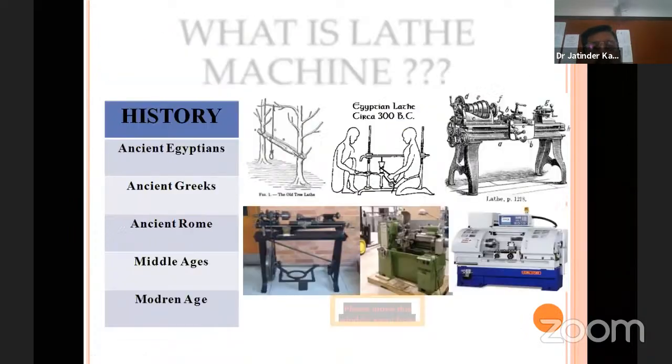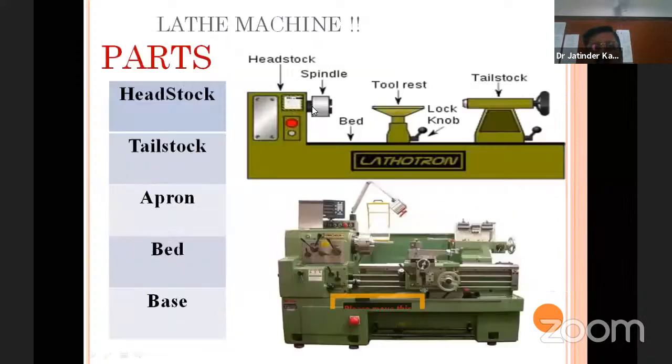Now each student has to work on a lathe machine, because this lathe is a centuries old concept, right? So this one is an old tree lathe. This one is an Egyptian lathe, that is 300 BC. So basically what we are doing on the lathe machine, we are holding the workpiece on a certain device which is called a chuck, right? We hold the workpiece here, we support the workpiece with the tailstock, right? And the tool is fixed on the tool post,